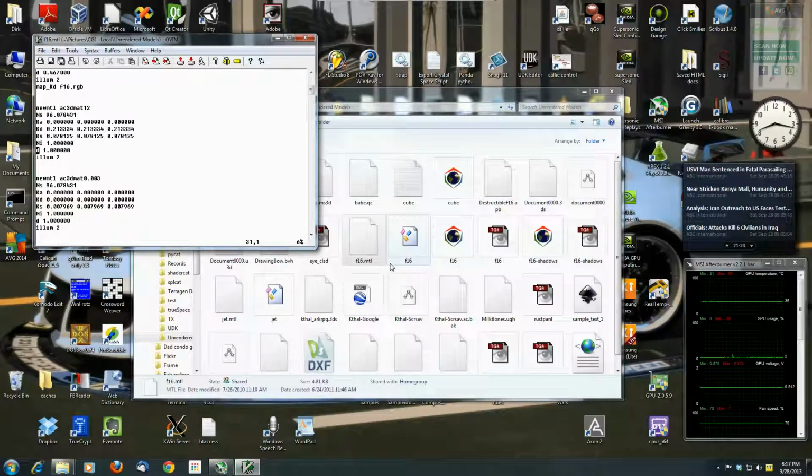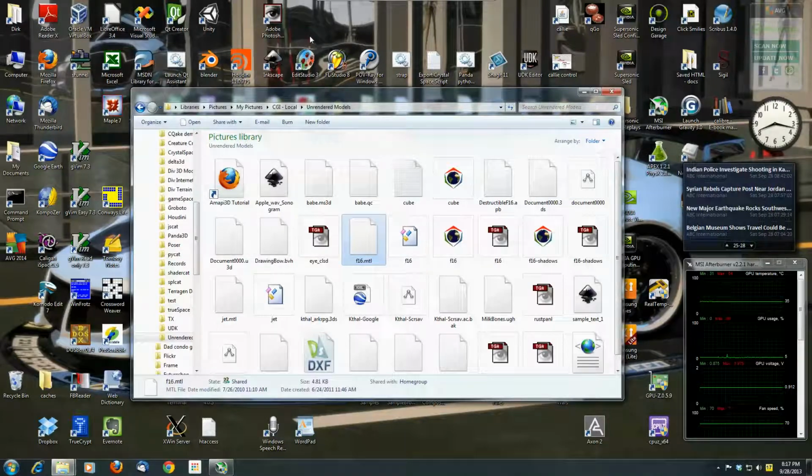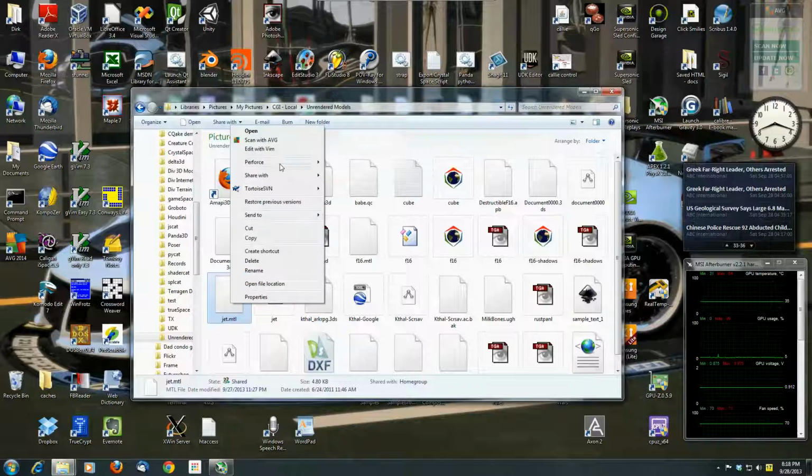Some of these paragraphs do not have an image file following them, and they simply state a set of material parameters with no texture image associated with them. Well, I've already done the work previously. I don't want to drag the audience through a whole bunch of endless typing on the keyboard, so I created a file called jet.obj, which is actually identical to the file called f16.obj, just so that I can have a material file called jet.mtl, and this is what the file looks like, or at least the beginning of it